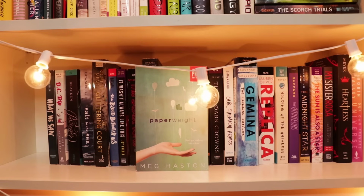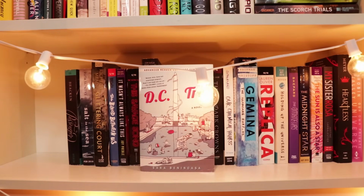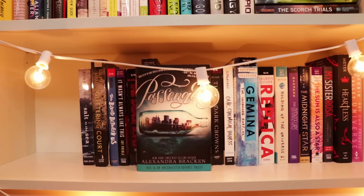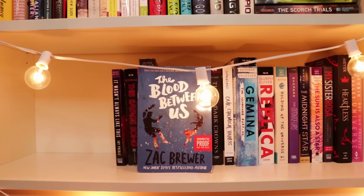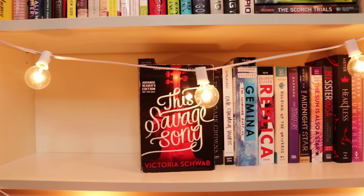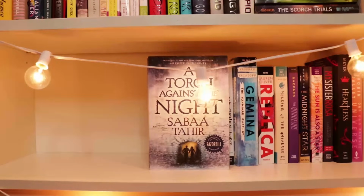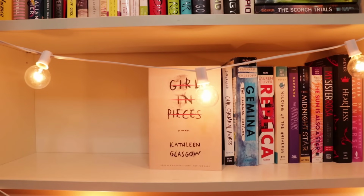Johansen, Paperweight by Meg Haston, What We Saw by Erin Hartzler, DC Trip by Sarah Benincasa, Passenger by Alexandra Bracken, Salt to the Sea by Ruta Sepetys, The Glittering Court by Richelle Mead, The Blood Between Us by Zac Brewer, It Wasn't Always Like This by Joy Preble, This Savage Song by Victoria Schwab, A Torch Against the Night by Sabaa Tahir, The Call by Peadar O'Guilin, Girl in Pieces by Kathleen Glasgow,